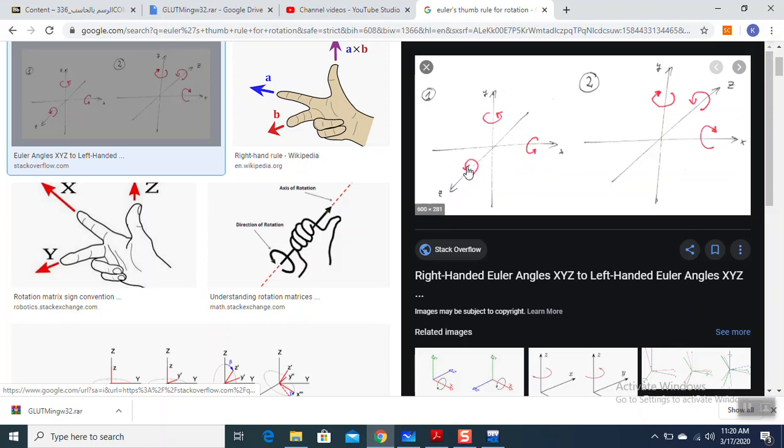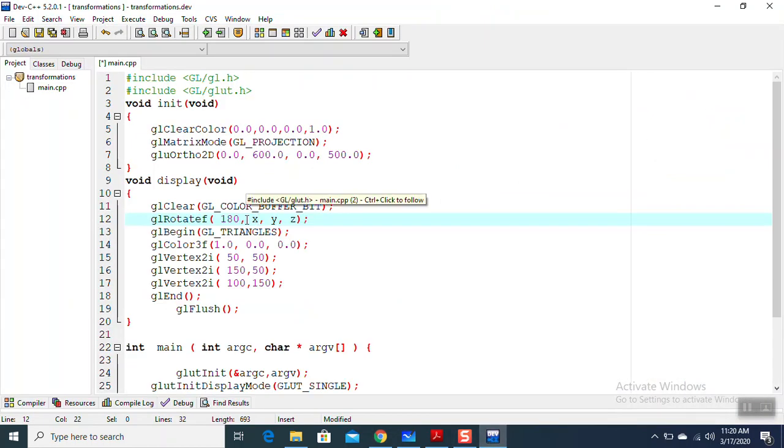Now that means for our screen, on the xy plane, the rotation will be on the z-axis. So for our figure we are going to select no on x-axis, no on y-axis, and yes on z-axis. So for rotation we are going to have 0 on x, 0 on y, and 1 on z-axis. If I run this